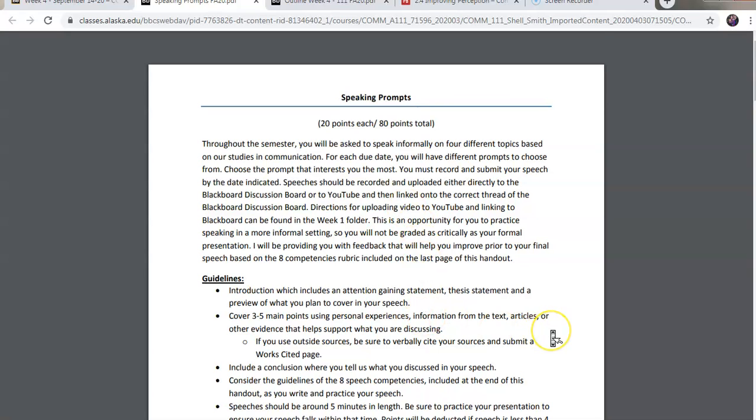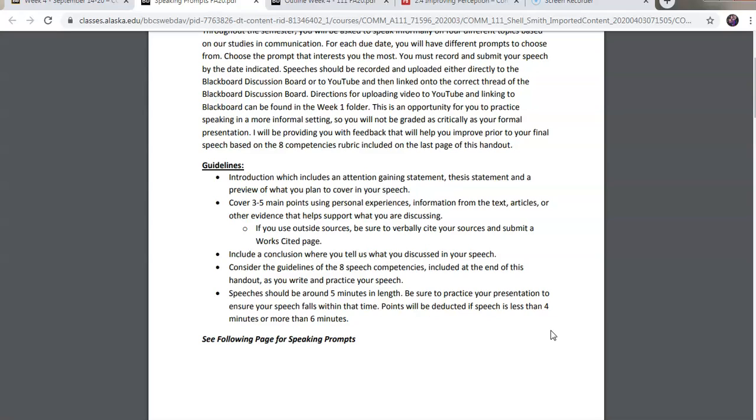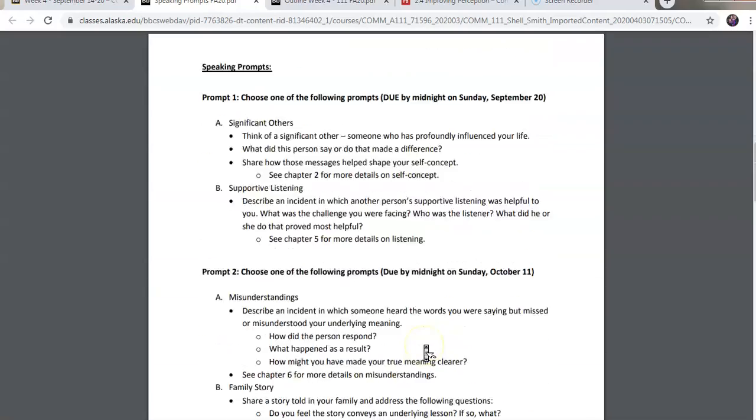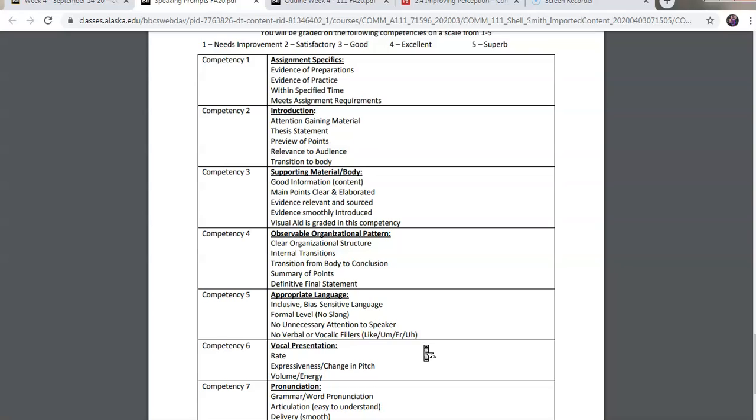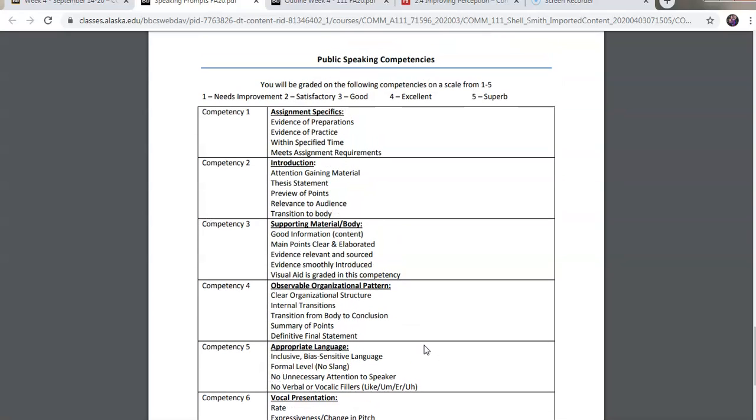So the things that I want you to work on are an introduction, 3 to 5 main points that you will cover, and then a conclusion. I would like you to take a minute to look at the 8 competencies that are listed at the end of the handout.